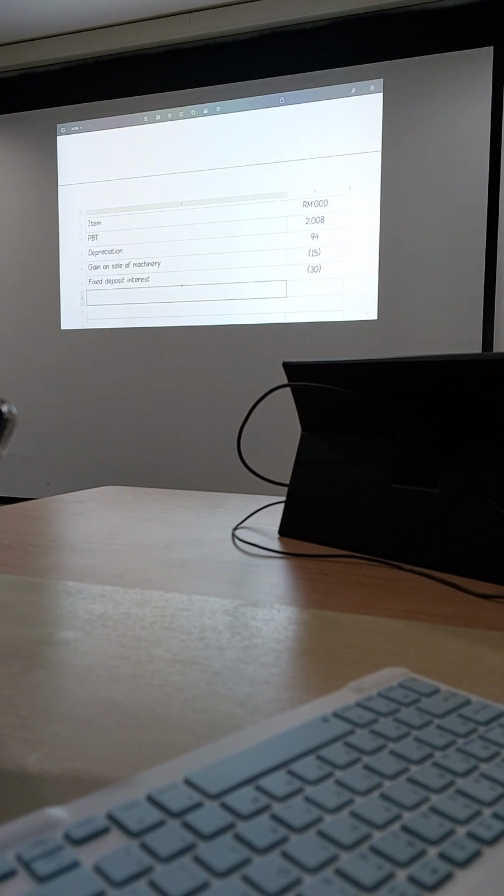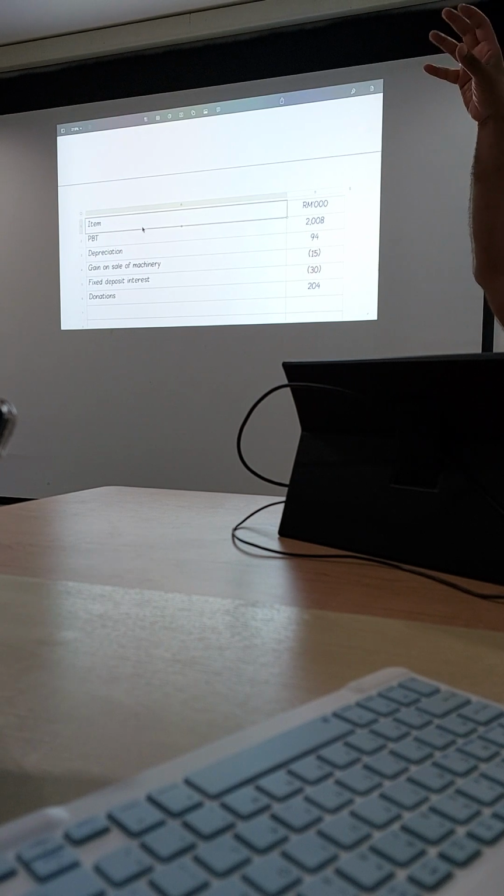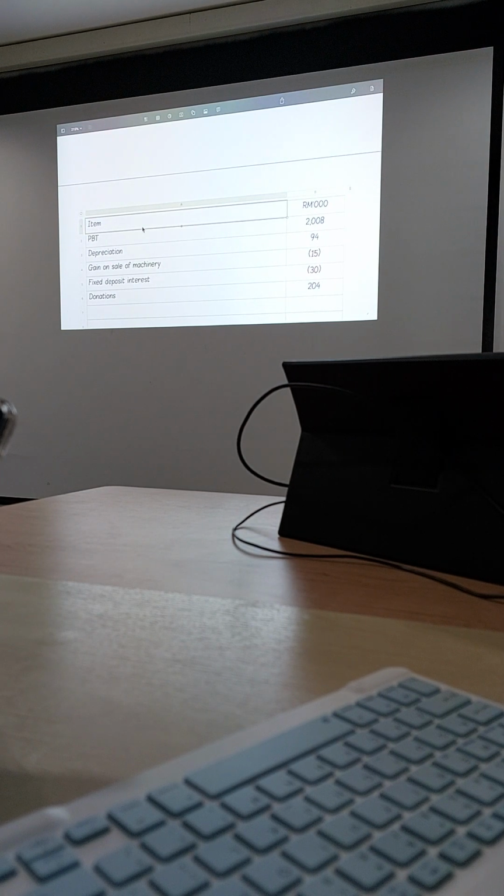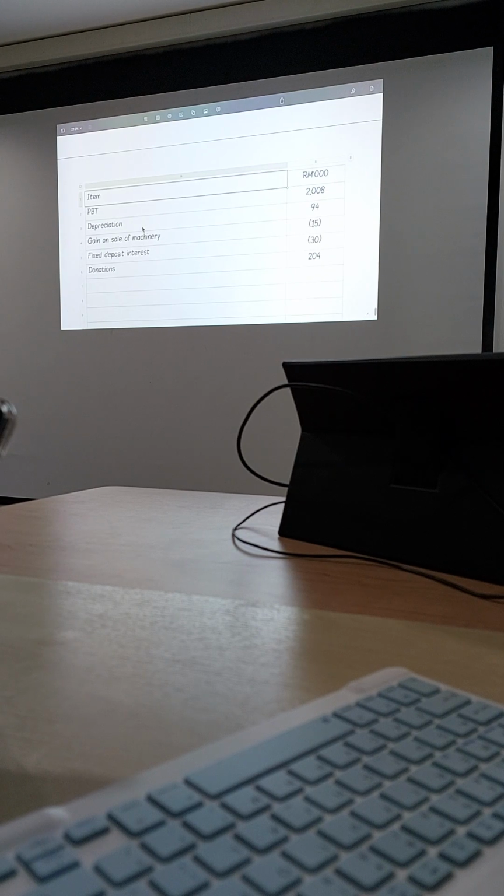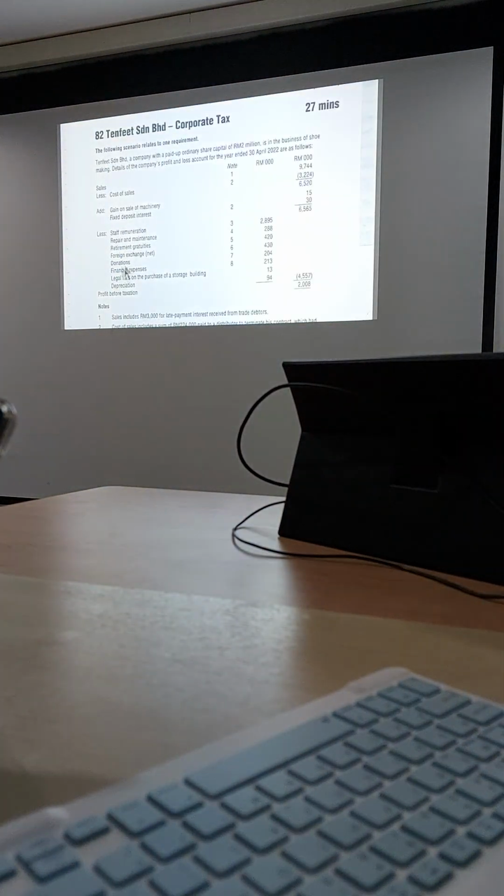Donation. Add back. Don't think so hard, because donation is supposedly handled outside the scope, remember? But it says expenditure of school. You add back first. That one goes to the bottom. After aggregate income only you deal with the donation. So you will at least get the mark for dealing with the top one. Top and bottom are 2 marks. You treat correctly at the top, you get a mark. Then you treat correctly at the bottom, you get another mark. So don't think so hard, just get it done.